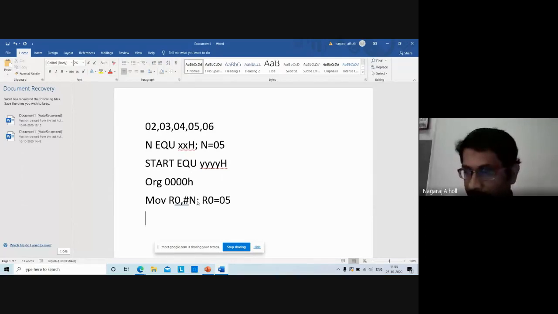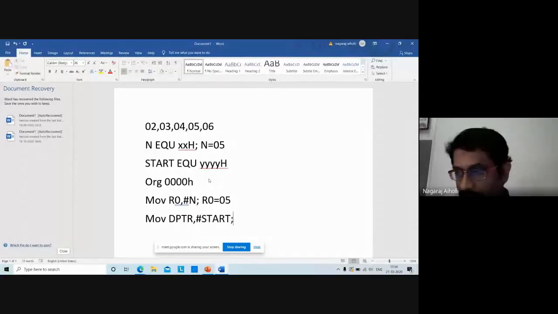Okay. Then I will assign the start memory location now. MOV DPTR, #start, because the starting memory location is YYYY, some random memory location, that I will store in DPTR. MOV DPTR, #start.